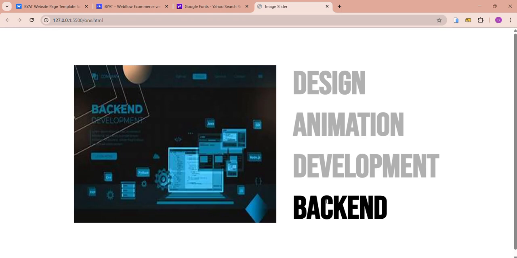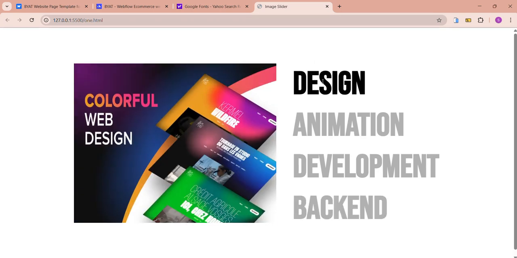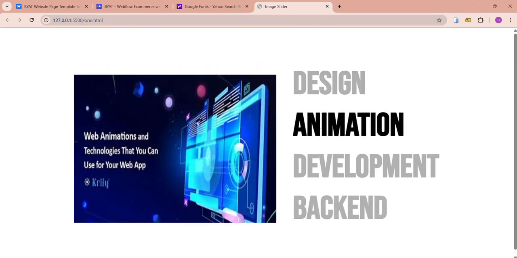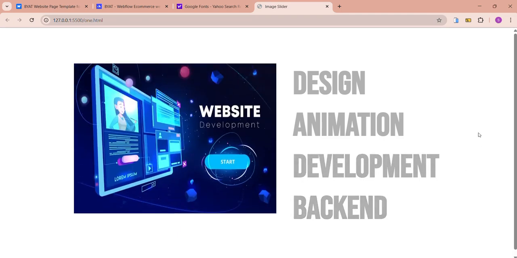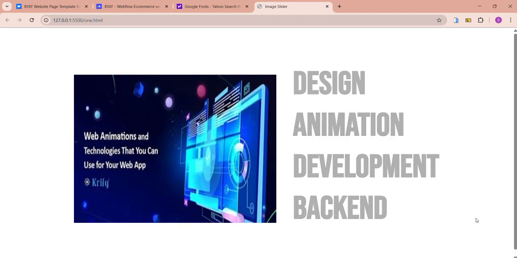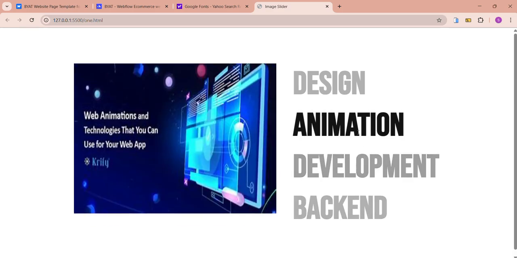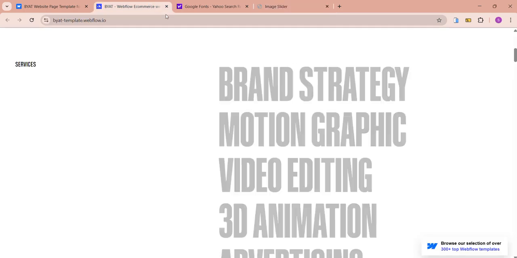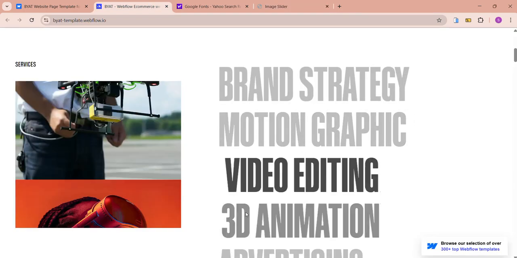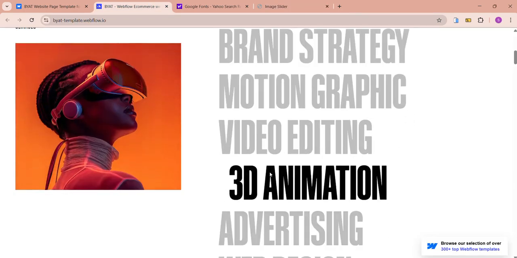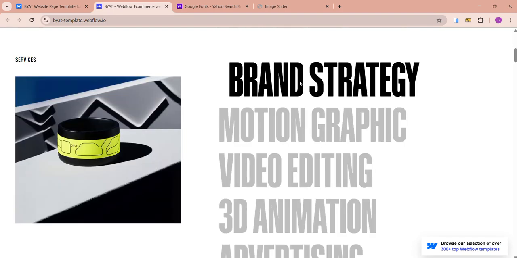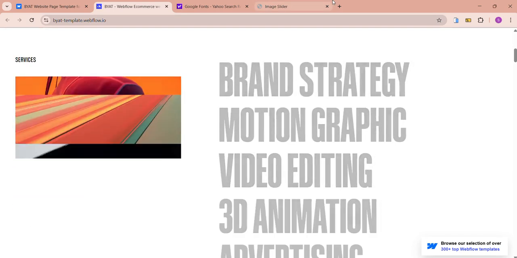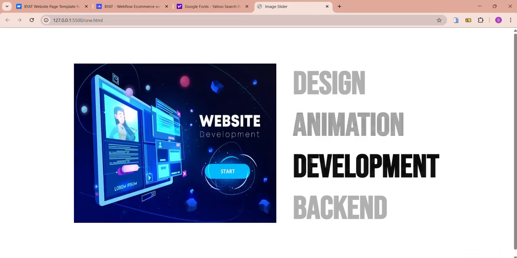So here I am going to design, here I am going to animation, development, backend, animation. Okay, the project has been successful. Somewhat we have created. So when we hover on this particular text, the text is translating on the z-axis. So what we can do here is,